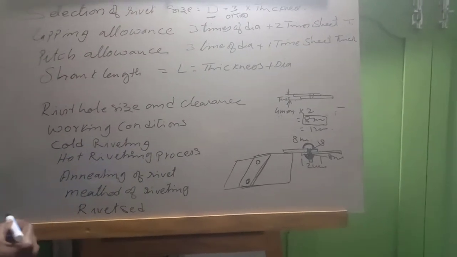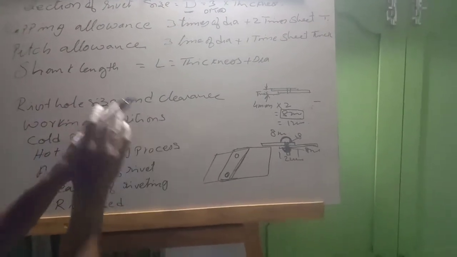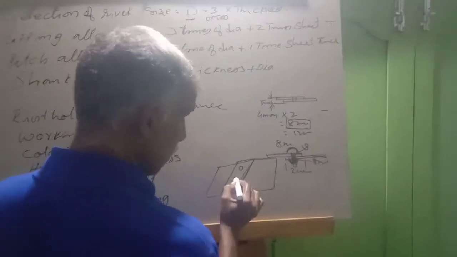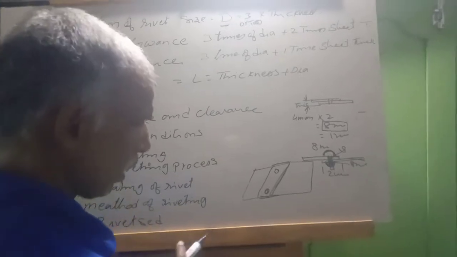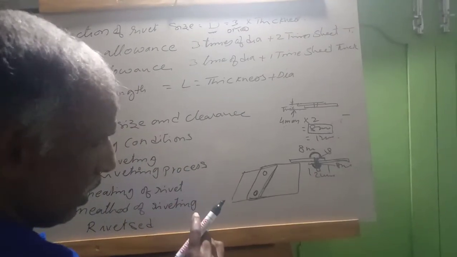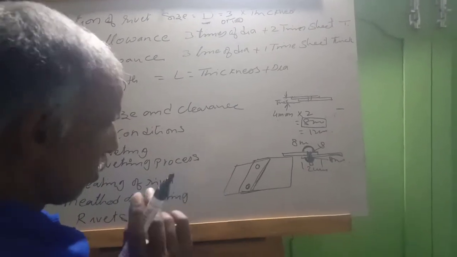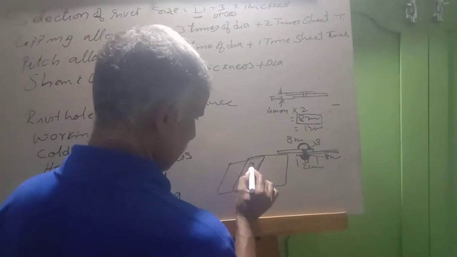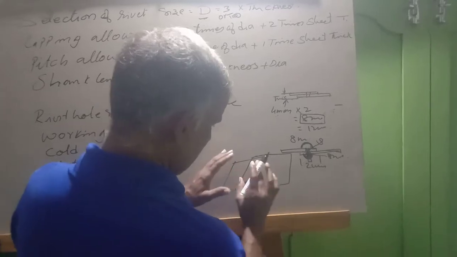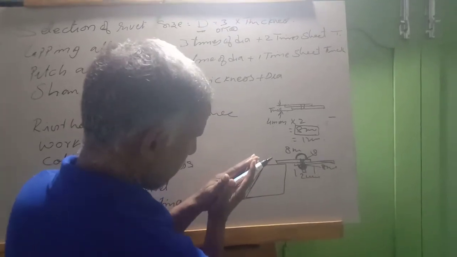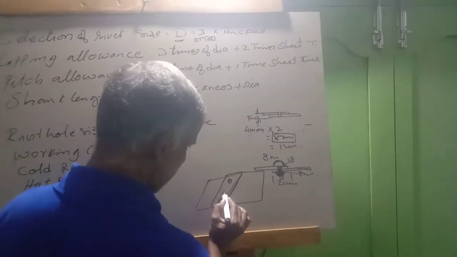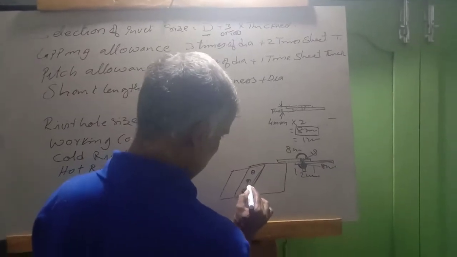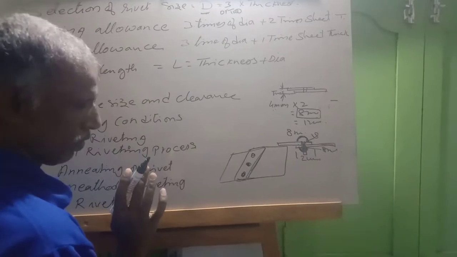When you are making the bucket, I told you that you have a number of rivets. In between these two rivets you leave a little gap. That gap should not be less or more. If it is more, then after riveting these two rivets, the sheet in between will have a gap. If you put one more rivet here, the gap will be crimped properly. Now it will be okay.